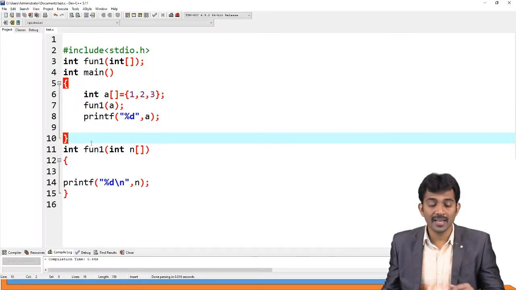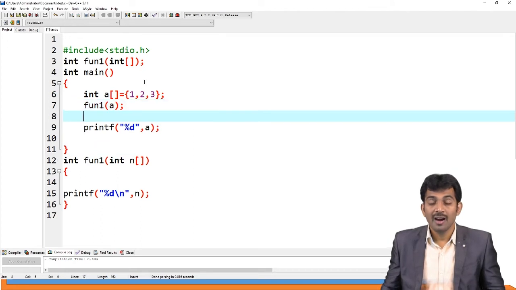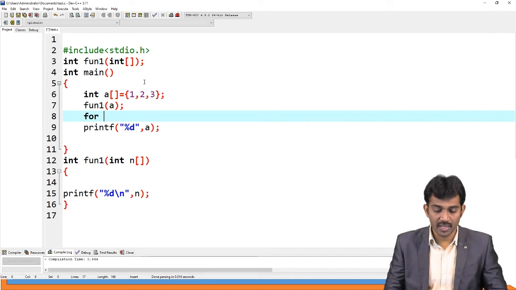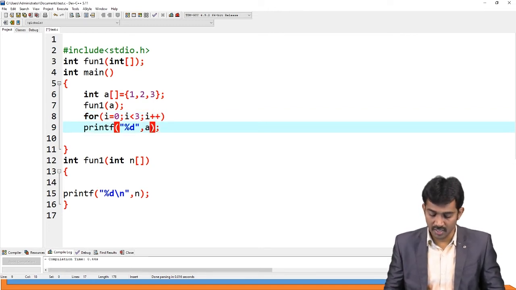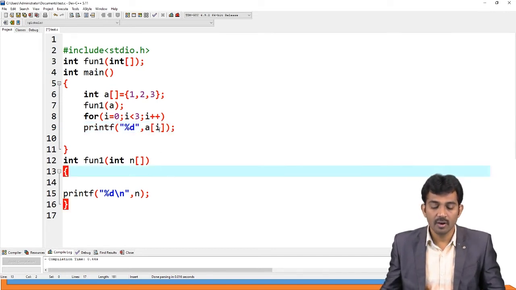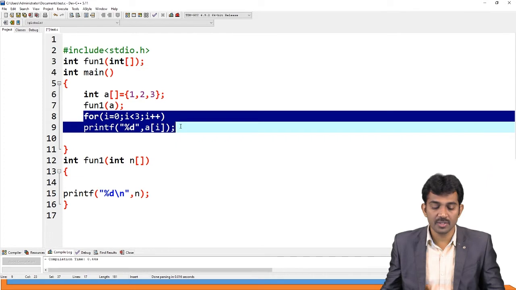If you want to print the array elements, what should I do? I cannot use A directly. You should use a for loop, right? For i in, that is Python. Here, for i equal to 0, i less than 3, since 3 elements are there, and i plus plus. Instead of A, I just use A of i. I'm going to use the same statement here also.